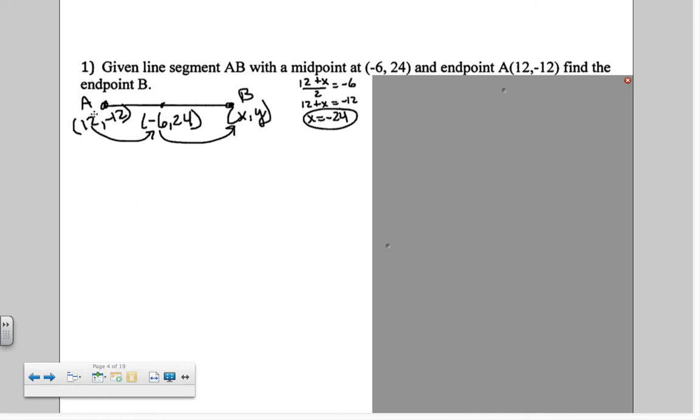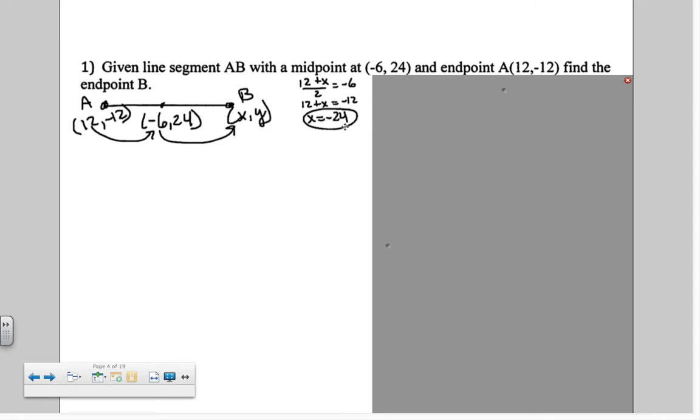Another way to do that is to think, what did I do to 12 to get -6? And then what would I need to do to -6? I'd do that same thing to get my x value. So you can see here I've subtracted 18, and then I have to also subtract 18 here